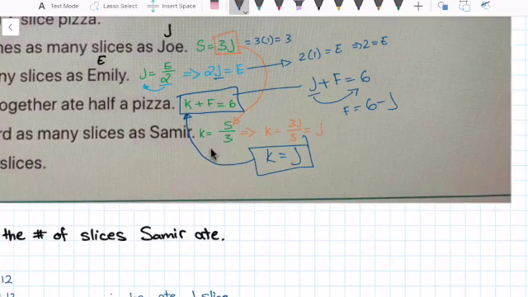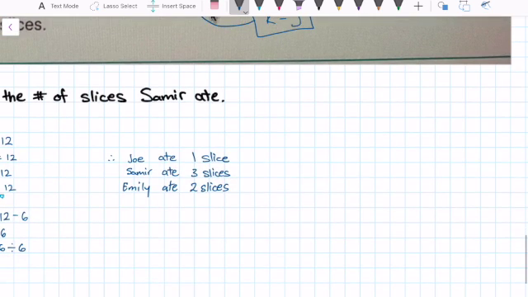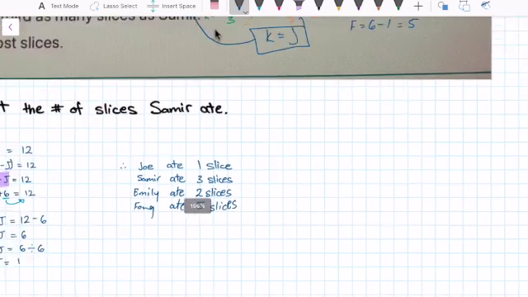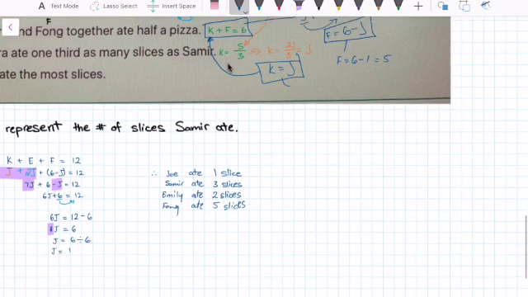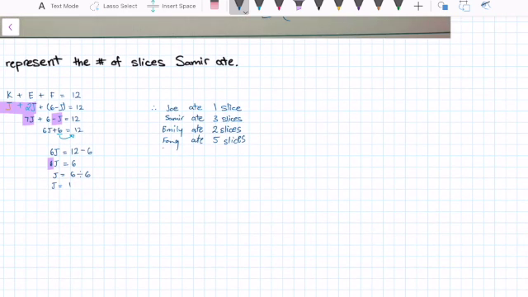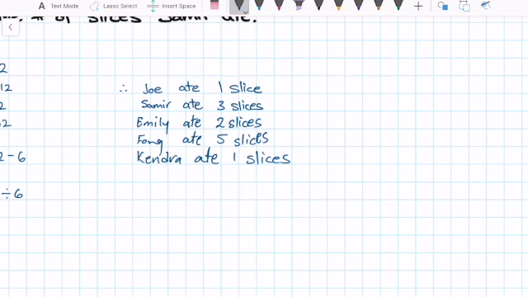After we have Kendra and Fong. So over here we have Fong. Do the same thing, replace it. And we see that Fong ate 5 slices. Next we have Kendra. Kendra is the exact same amount as Joe, so we know Kendra ate 1 slice. Now to check our answer, what we could do is just add up all of the slices,